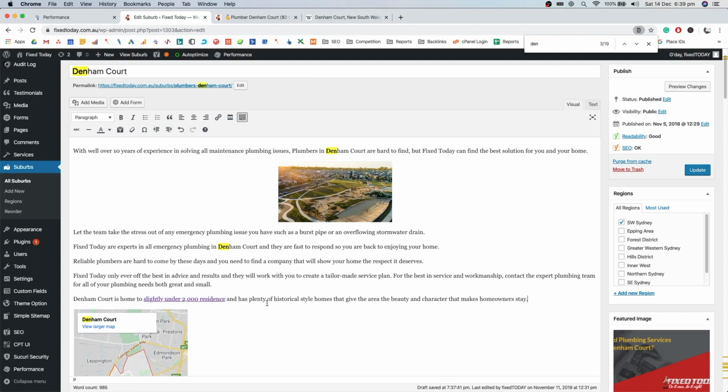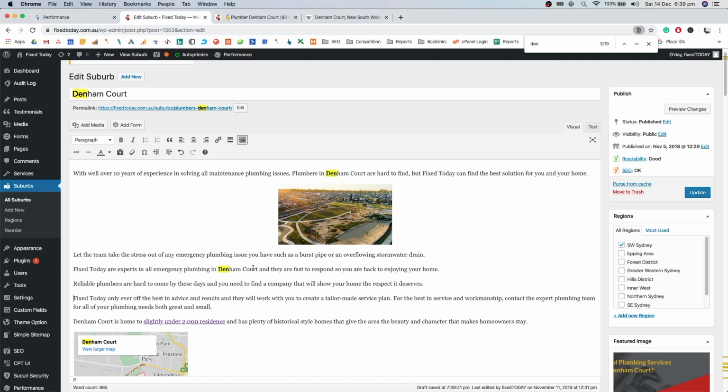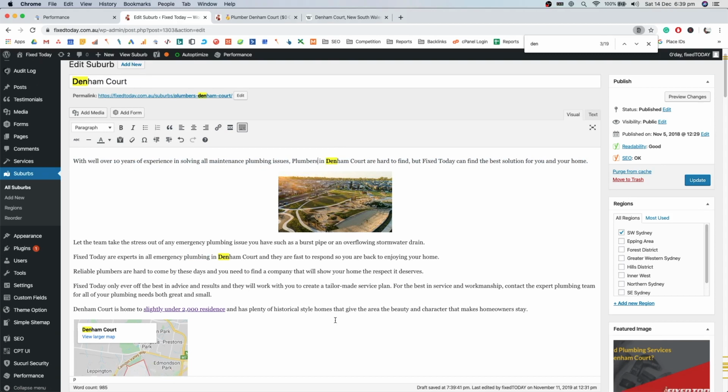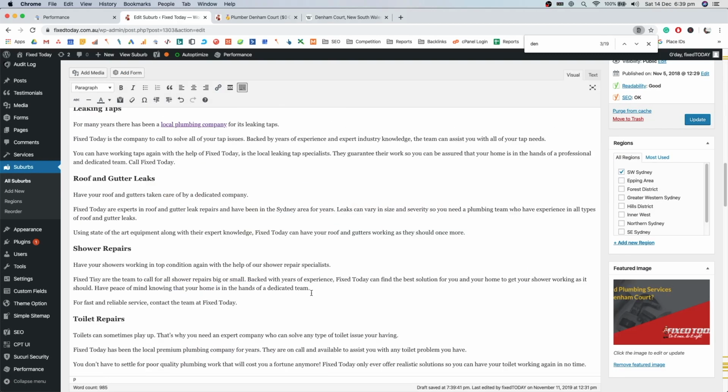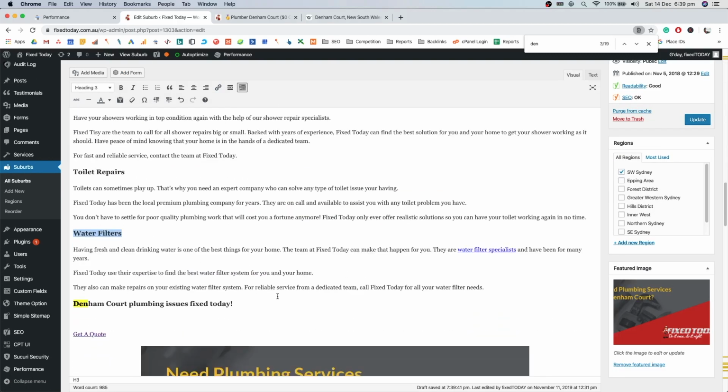So that's really important. Having things like what a tourist attraction, and depending on your industry, you could have other higher rating authority pages to link out to, other than just Wikipedia. But Wikipedia works as a safe fallback and the easy go-to. So plumbers in Denham Court. And then later on, down at the bottom, we could put